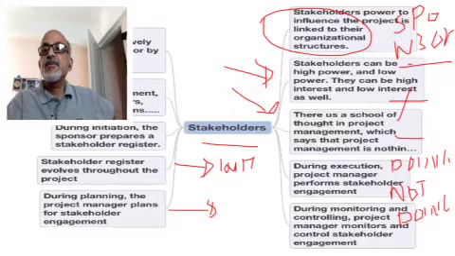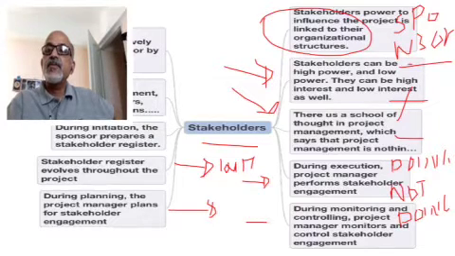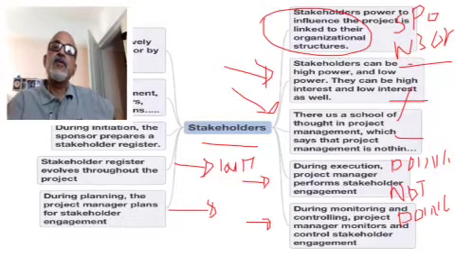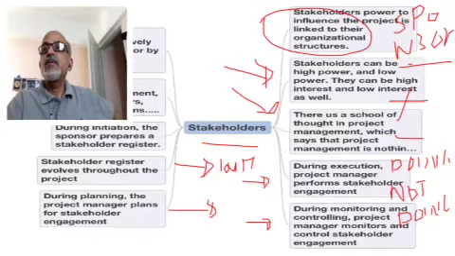During execution, the project manager performs stakeholder engagement, and during monitoring and controlling, the project manager monitors and controls the stakeholders' engagement. So if you really look at the flow, during initiation, the stakeholder register is prepared by the sponsor. Then during planning, the project manager